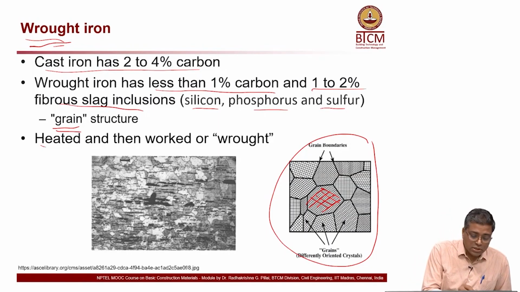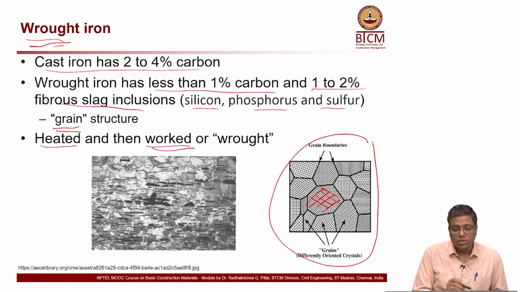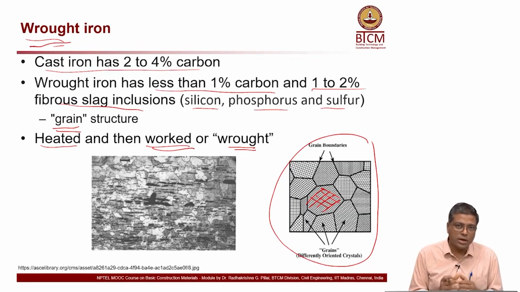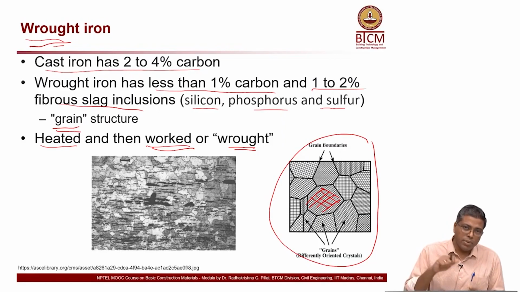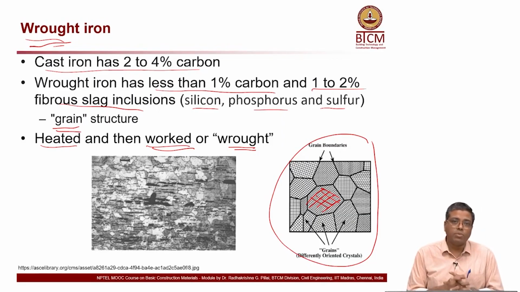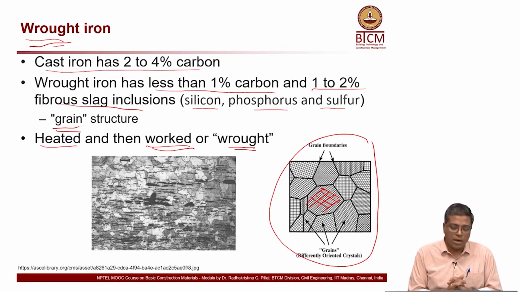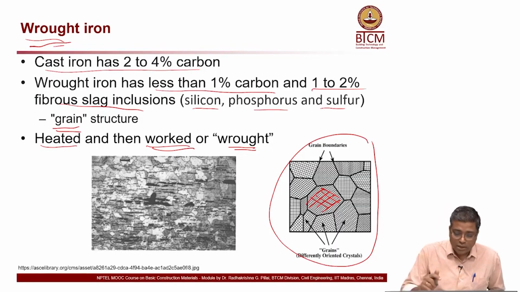Now, how is this made? So, it's heated and then worked. The word wrought is coming from the word worked. So, it's similar to a strain hardening kind of process. It's bent, and during the manufacturing process, it's not just casting like in the case of cast iron. Here you also have cold working involved when we talk about wrought iron. Now, the main thing is it has slag also as an ingredient, and so slag, carbon and iron,